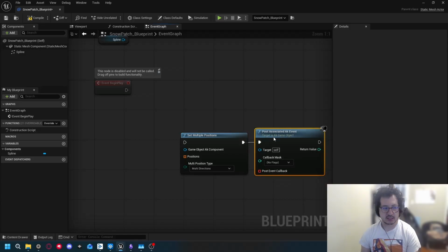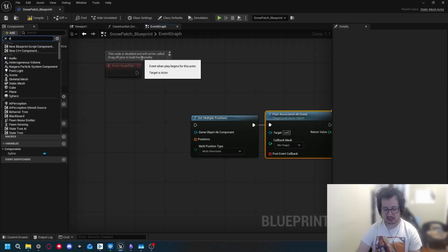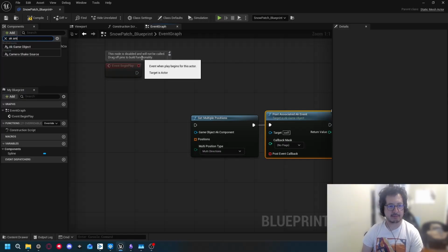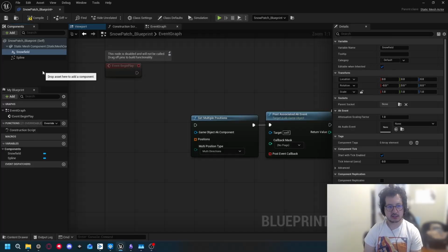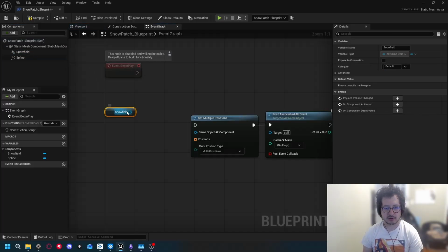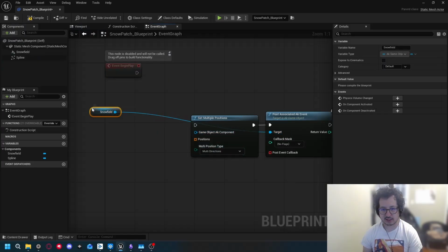That also means that we do need an AK ambient object reference. For that, we're going to play here and add a new AK ambient AK game object. That AK game object, let's call it snowfield, and it's the thing that we're going to be using. Now, that being said, the position is still going to be the same. We're going to target this here as our target, and